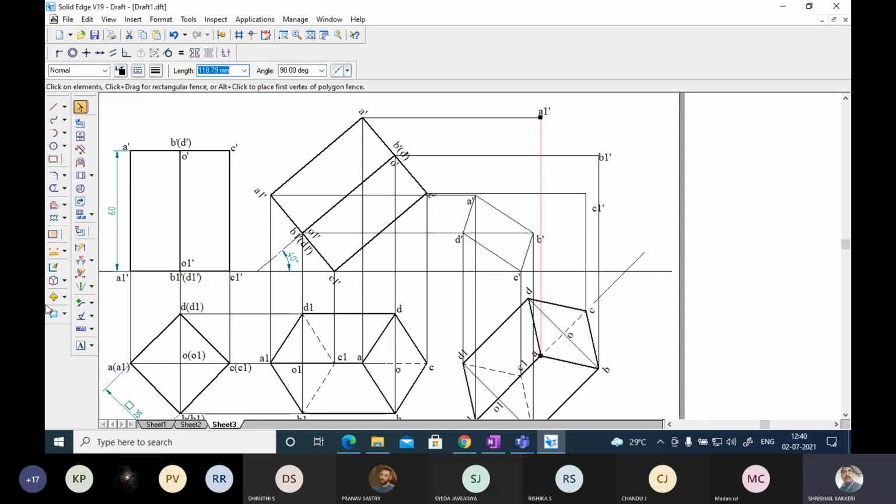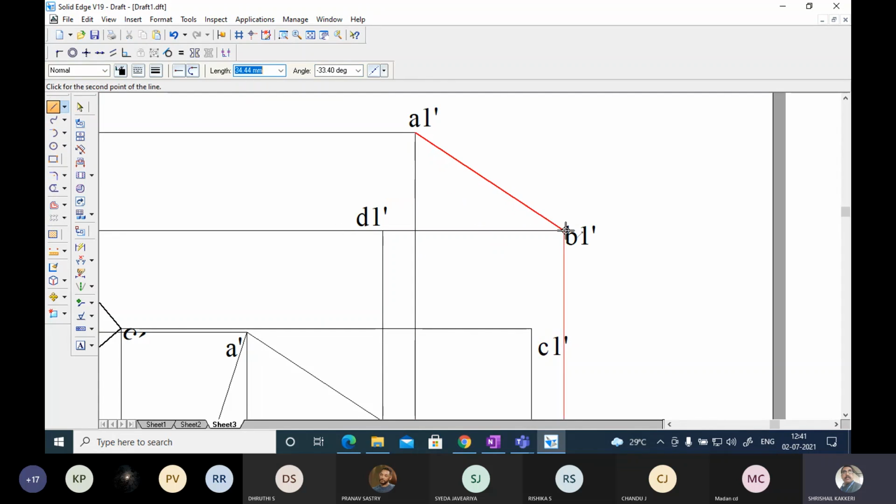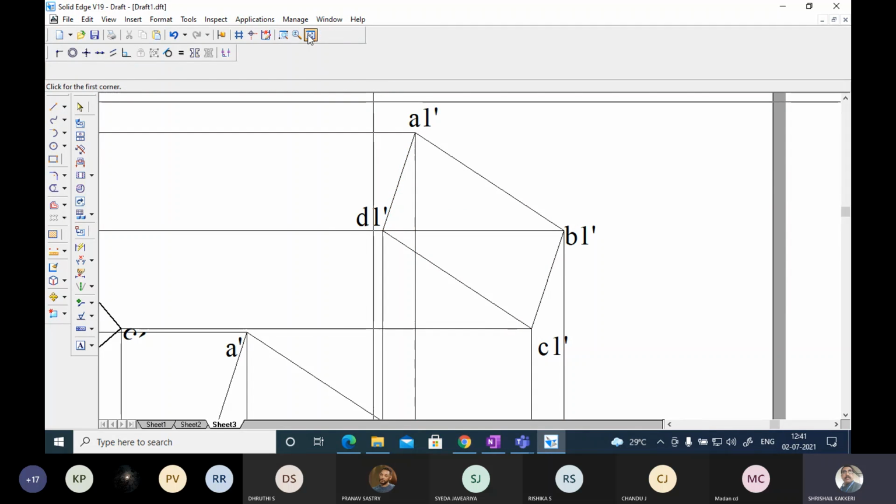And again from D, A, B, C, D, and from D it is on the same line as B, so I can write it as D dash. So like this I have completed this also. Now let me join it by lines A, B, C, D and A. Okay, next.